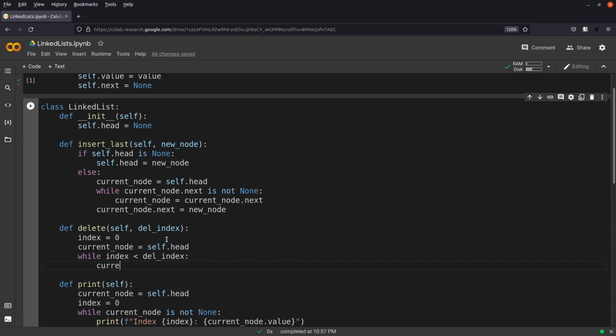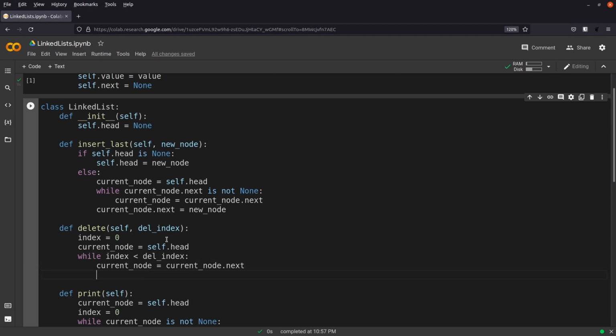We're saying current node is equal to current node next. That's a common theme, as you might see. And the index will be one bigger. And then if we are at the point where the index is equal to the delete index, then we will,